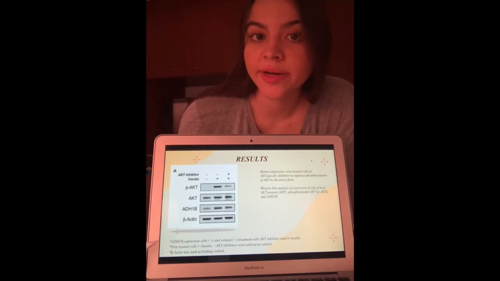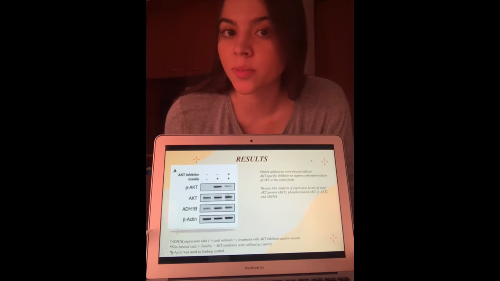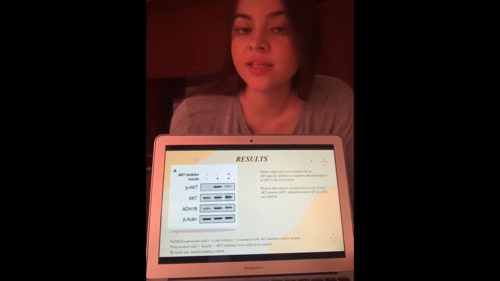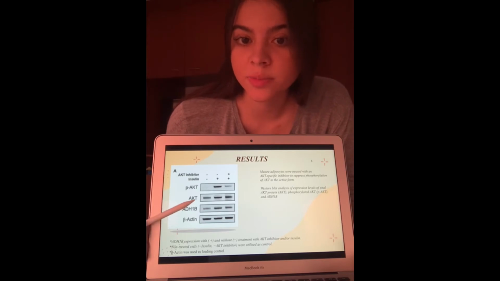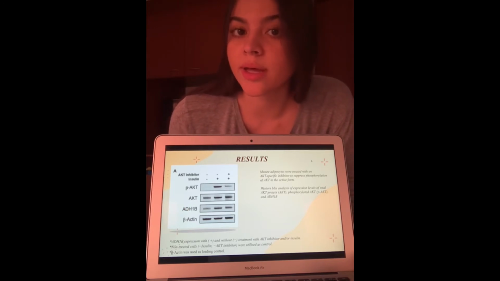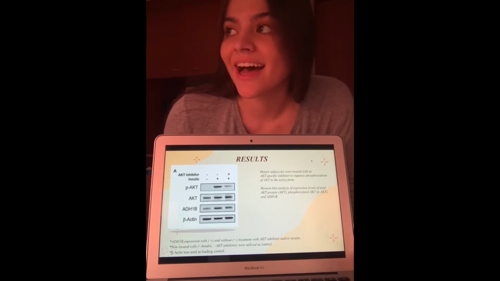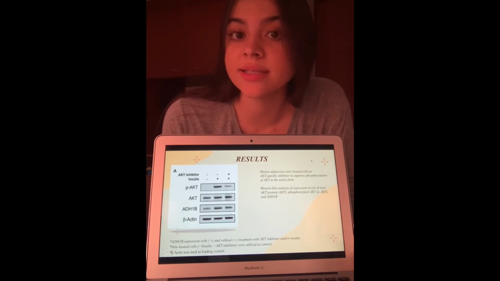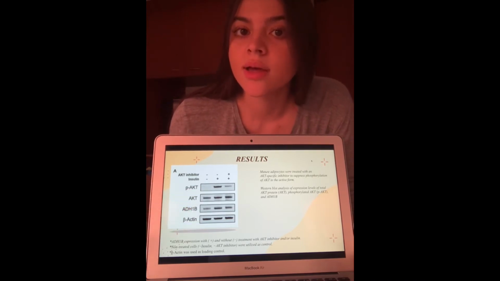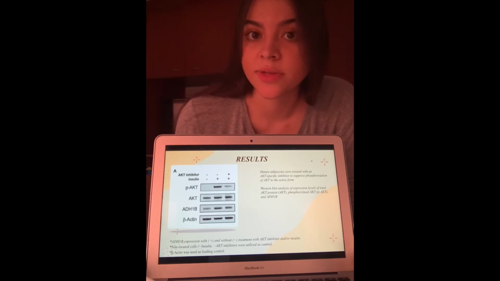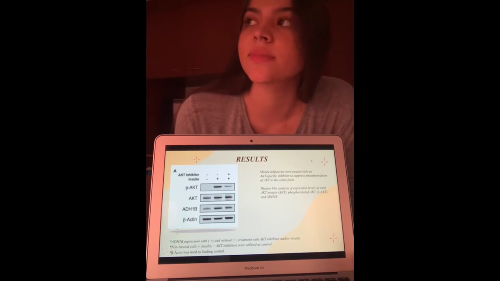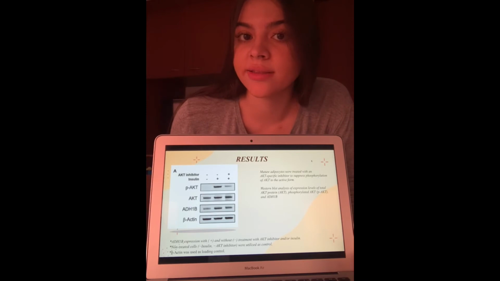So adipocytes were treated with an AKT-specific inhibitor to suppress phosphorylation of AKT to the active form. So we have AKT protein, pAKT, and ADH1B. The AKT signaling pathway promotes growth and survival in response to extracellular signals. So we can see that with 0.05 micromoles of insulin, AKT was phosphorylated and ADH1B expression increased in comparison to the control, that is this line. Thus, insulin-stimulated ADH1B expression required AKT phosphorylation, implying AKT kinase is an important regulator of ADH1B in the insulin signaling